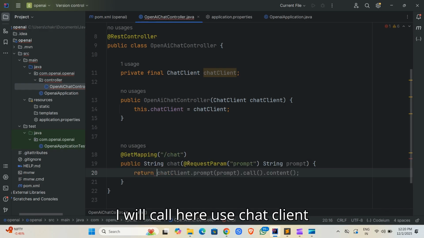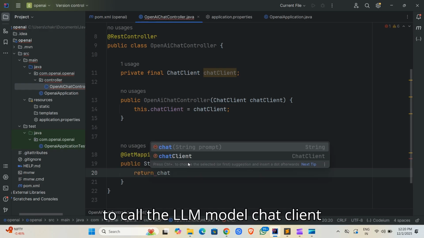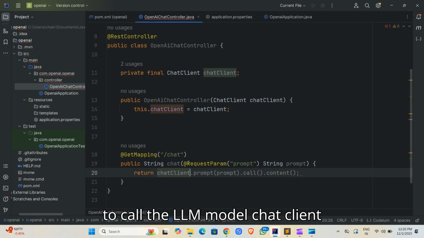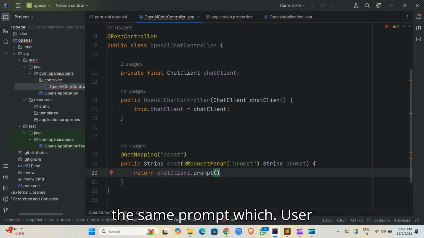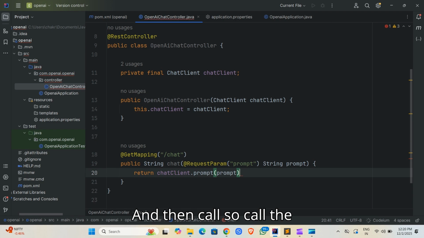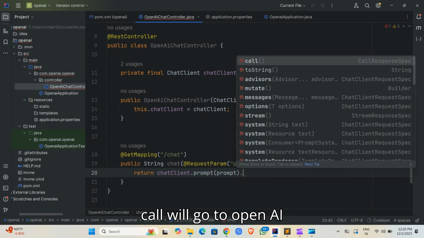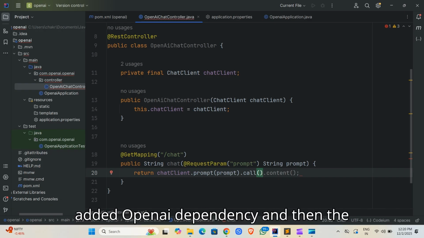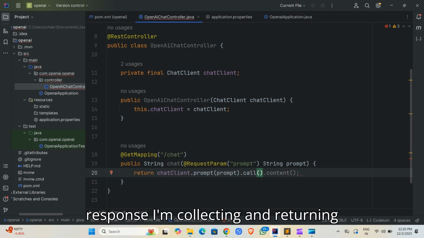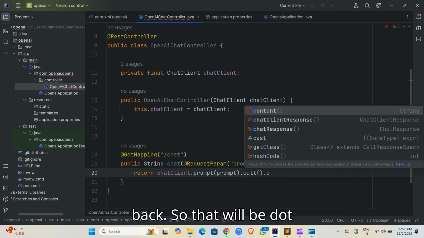I will call here, use chat client to call the LLM model: chatClient.prompt, and in the prompt I am passing the same prompt which the user will give, and then call. The call will go to OpenAI because in this project I have added the OpenAI dependency, and then the response I am collecting and returning back.